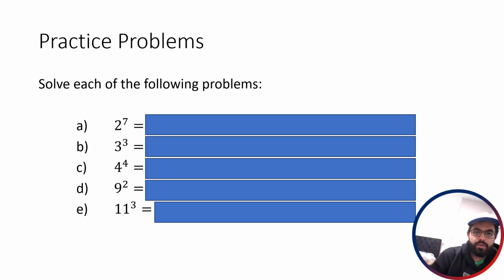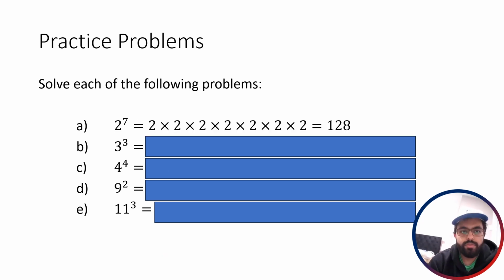All right, so now we can get into the answers for these 5 questions. So the first one is 2 to the exponent 7, or 2 to the power of 7. So that's 2's all being multiplied together 7 times. So you're going to write out the number 2 7 times and then multiply those all together. So you get 2 times 2 times 2 times 2 times 2 times 2 times 2, which is equal to